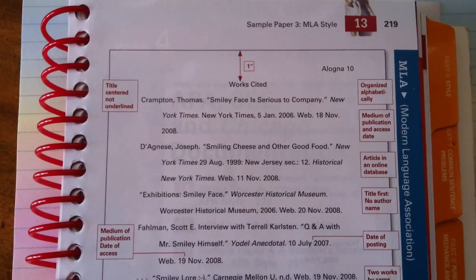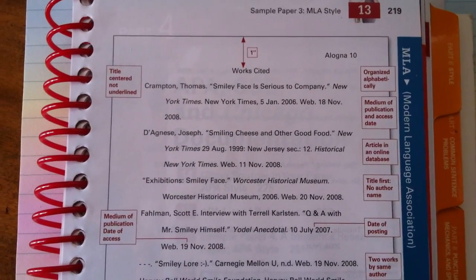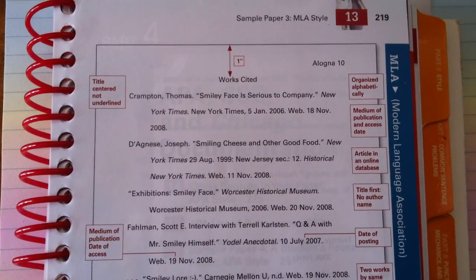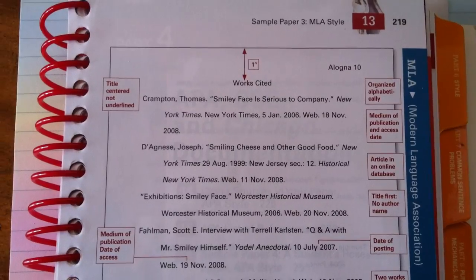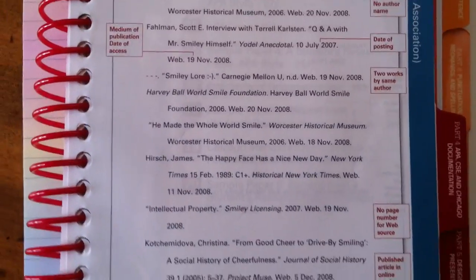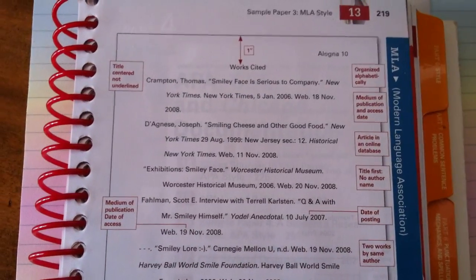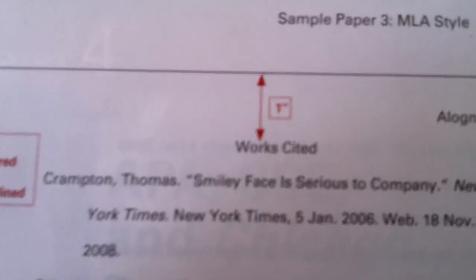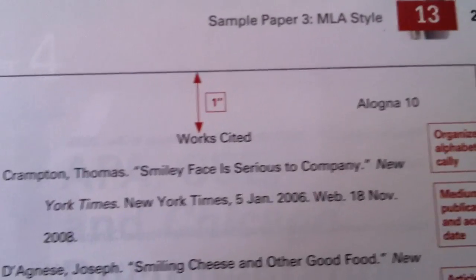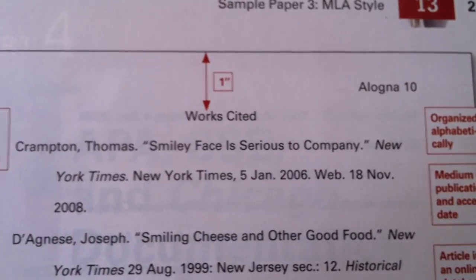There we go. Your last name and page number will be in the upper right hand corner, and in one of the lectures that I upload today or tomorrow, I'll show you how to do that. The font is still the same. It's going to be Times New Roman, size 12. At the top of the page, what you'll do is at the end of your paper, hit enter on down to the next page, center, type Works Cited, just like that, hit enter, and then go back to the left side